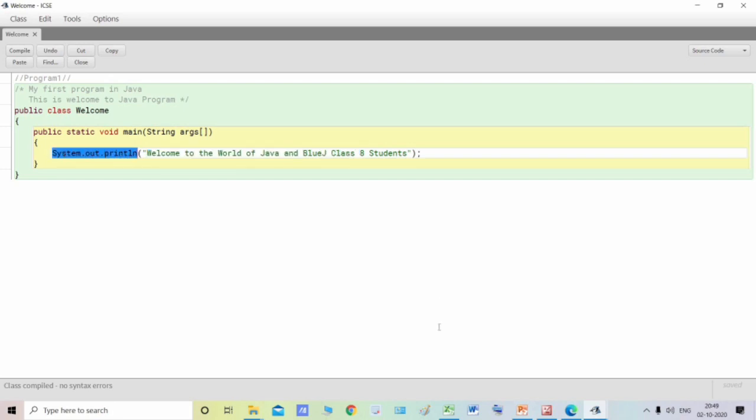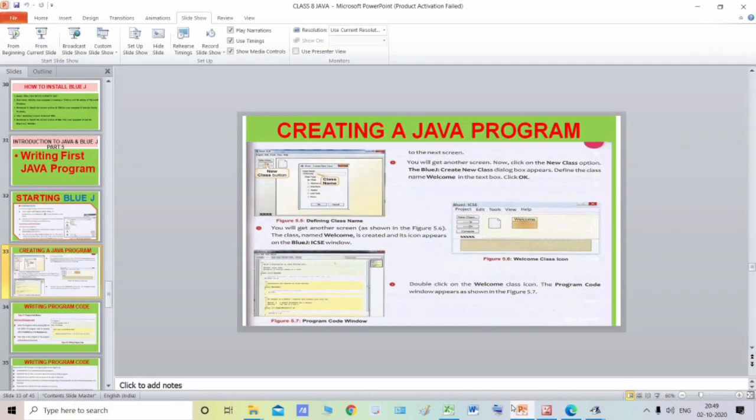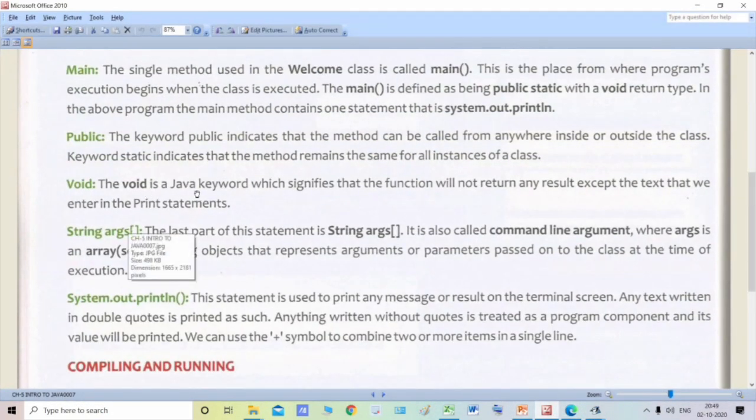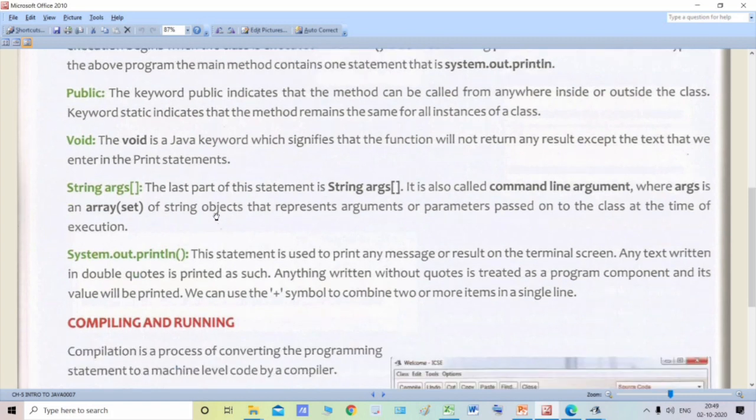So this is the meaning of void. Void is a Java keyword which signifies that the function will not return any result except the text value we enter in the print statements. So that's why our main method is public, it is static, and it is void. Void is a return type.